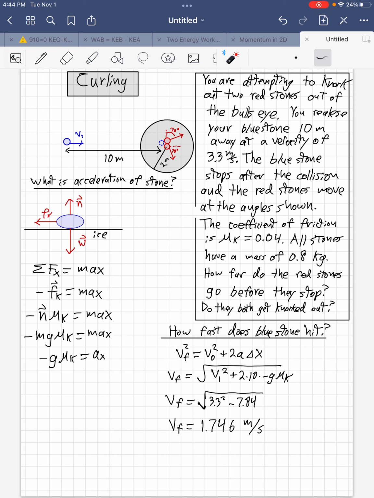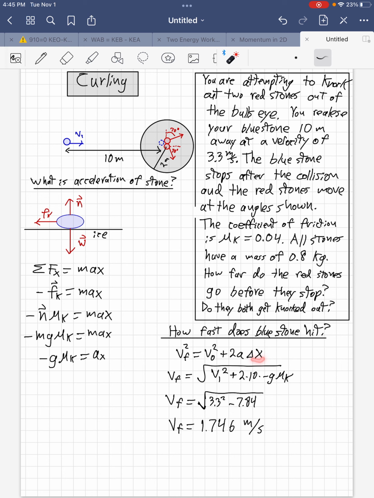Now we can solve the first part that we think we need to know: how fast is the blue stone going when it hits the other two red stones? We can use this kinematic equation. We could use work energy concepts as well, but this works just as well. After traveling a certain distance, delta x, while it's accelerating, the final velocity squared is going to equal the initial velocity squared plus 2 times the acceleration times the distance it travels. So we can just take the square root of this expression to get the final velocity of the blue stone before it hits. And we plug in